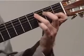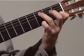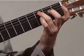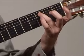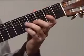So, from the beginning of this section, and then we hit an open E, and then keep your 3rd finger on C because you're going to need it. So we have,